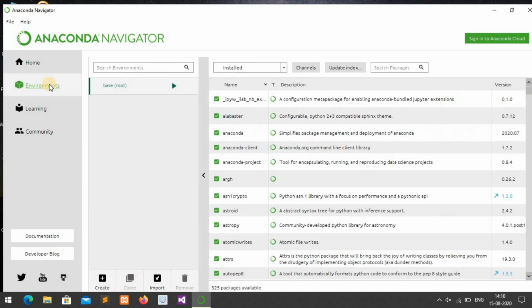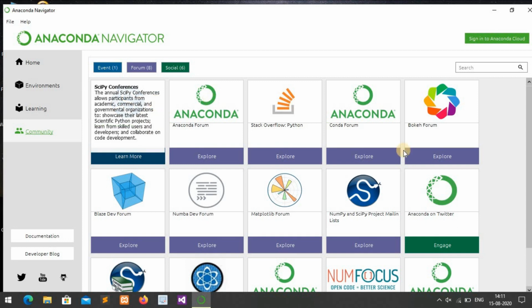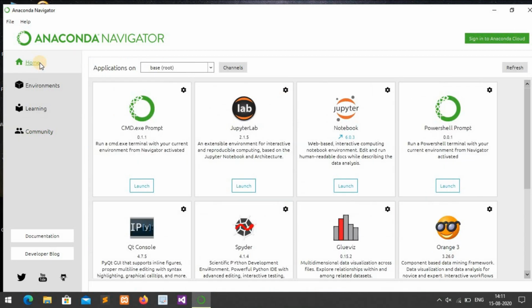Now if we go for environments, we have a number of listed environments which are used by Anaconda Python. We have the community support there. You go for the community, whichever kind of community you want to explore or engage with. So Anaconda is the best platform for using Python in your system, and it also works on Mac OS, Windows OS or Linux.